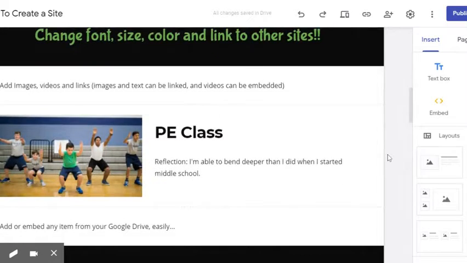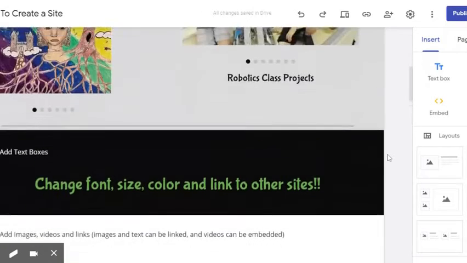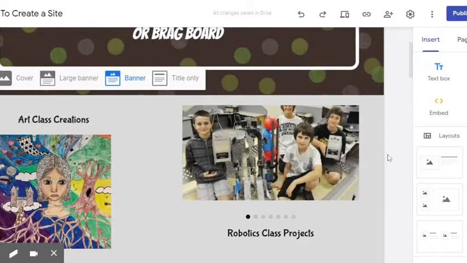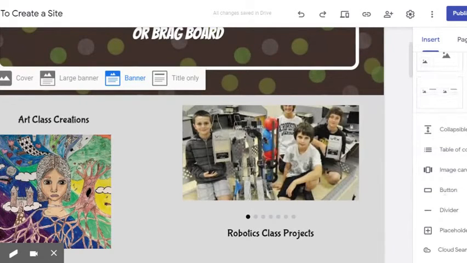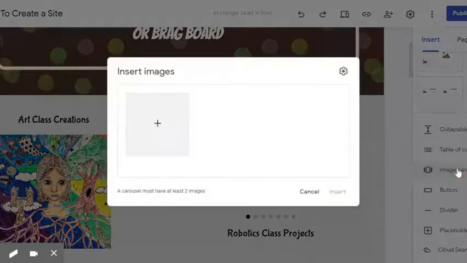You'll notice as you scrolled through that there were a lot of different types of sections and a lot of different types of media that you can insert. All of that is going to be done with the tools on the right hand side. When you're in Insert, for instance, what I have showing here with these pictures of this robot class and the art class creations is called an image carousel. And what you can do there is just simply add images. At least two have to be added in order for it to rotate